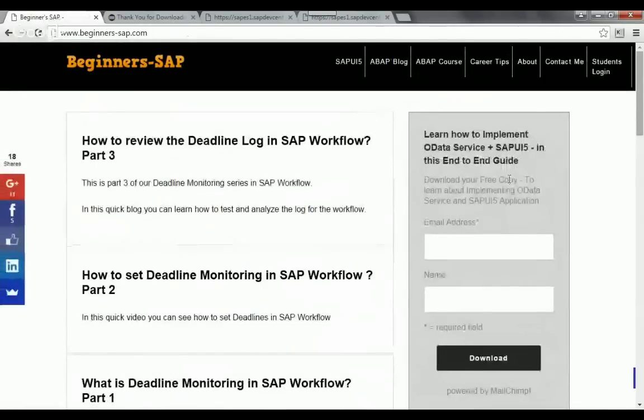Okay, so the question is: NetWeaver Gateway is an interpreter? No, NetWeaver Gateway is not an interpreter. An interpreter is one which converts code into executable, machine-readable code. OData does not produce any machine-readable code.